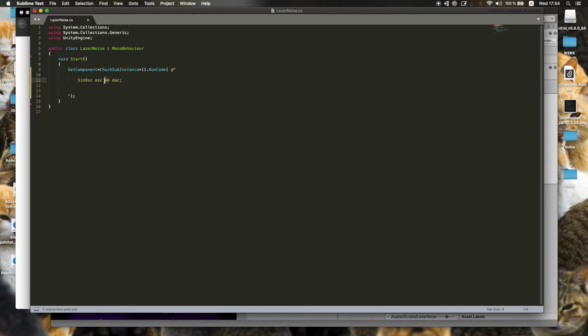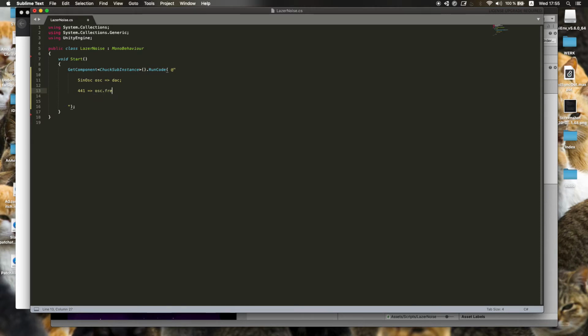And also interesting to note that this is using this special kind of streaming or sending operator, which is that. This is heavily used inside of ChucK, this way of sending values around. Next thing we need, let's set the frequency of the oscillator. I won't do 440 because everyone does 440. Let's do 441 hertz